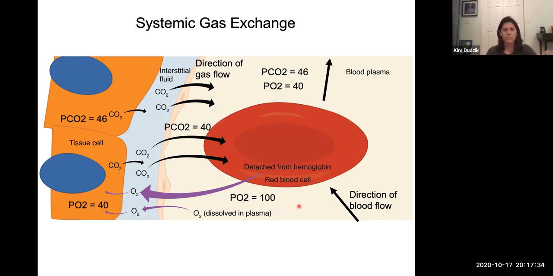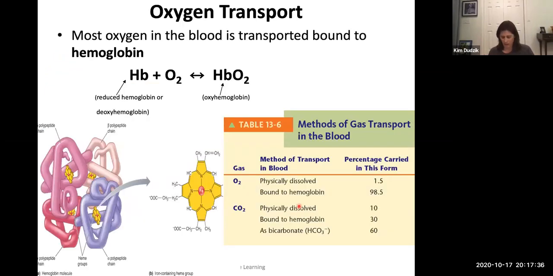So how do we do that? We do that through the red blood cell. Remember, we learned earlier that it's packed with a protein molecule called hemoglobin. So most of the oxygen that travels through the blood is attached to hemoglobin. And that's what you can see in this table right here. Don't ignore carbon dioxide for just a moment. We'll get to that later.